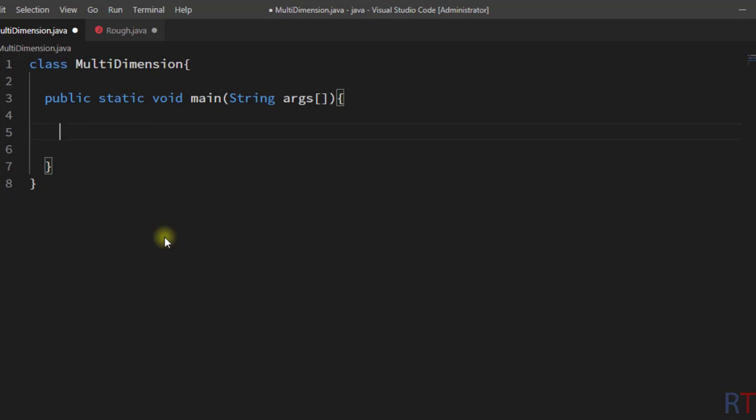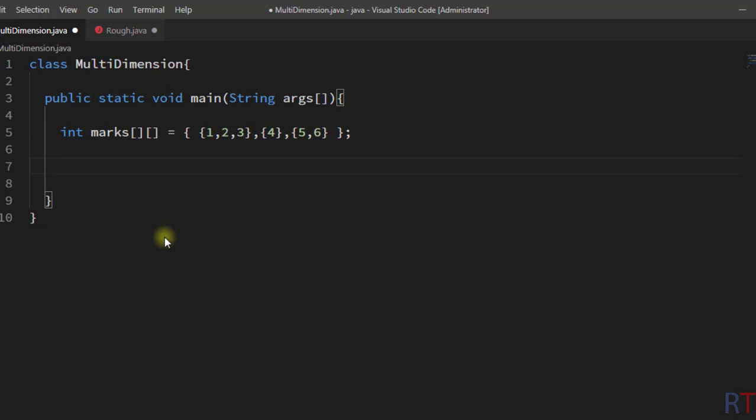So first we are going to create and initialize one multi-dimensional array. First we have the data type, like integer, then the name of the array, marks, and after the equal sign we have the pair of braces, and inside the inner pair of braces we're going to pass in the elements for the first row. After the comma, in the second pair of braces we're going to pass in the values for the second row, and in the third pair of braces we're going to pass in the values for the third row.